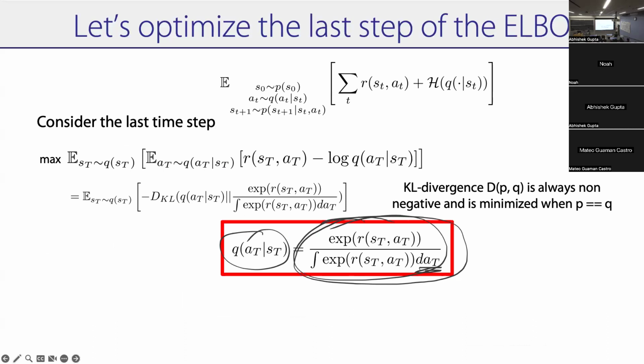And the main point is what I was saying, Andy, is that you can't say q is equal to x bar because it's not a probability distribution. You have to say q is equal to x bar divided by integral x bar. So that's a valid probability distribution over actions, right? So you can think of this intuitively, right? What it says is that for rewards that are high, your q will have higher likelihood. For rewards that are low, your q will have lower likelihood. So essentially it's like a softmax, like Andy was saying, but it's a continuous softmax, not a discrete one.